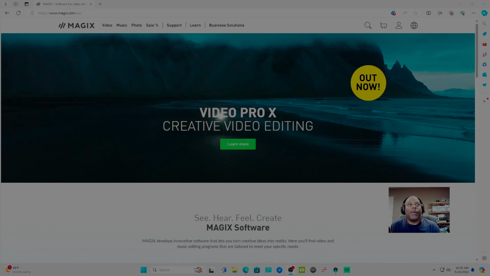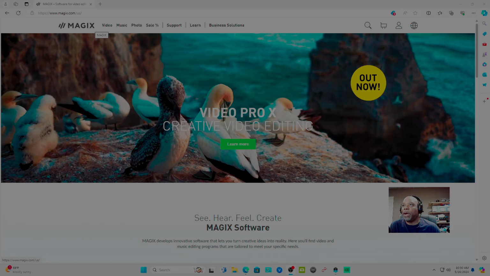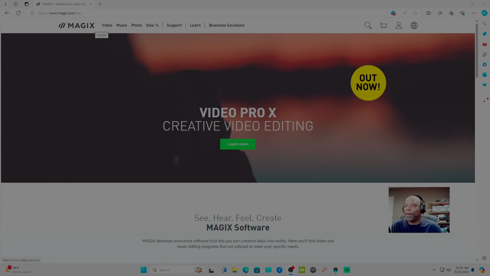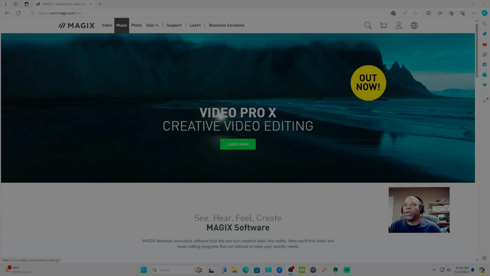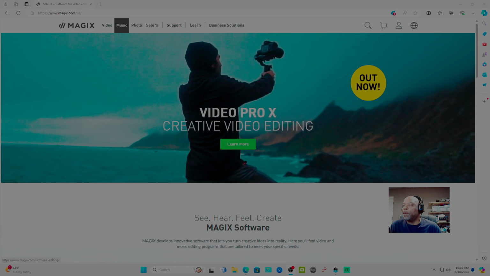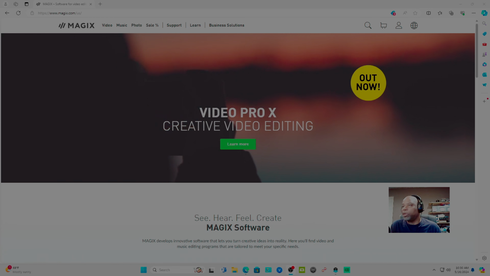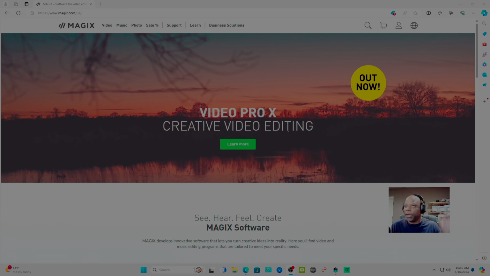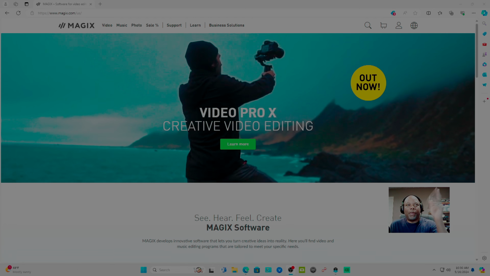What I got open right now is Magix. This is one of my primary DAW maker companies, right? Magix is what started me into music production. Then you go to FL Studio, Pro Tools, and all that other good stuff, PreSonus, and you just move around, for those who want to know different things.